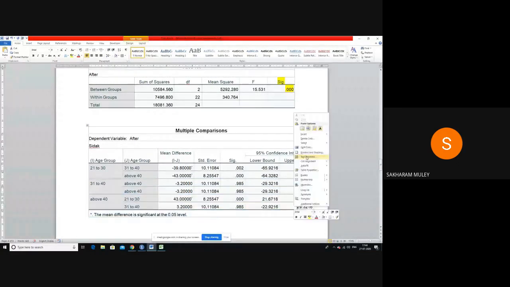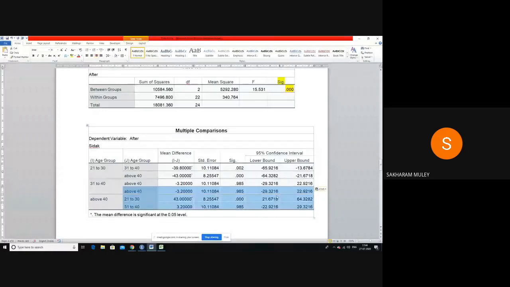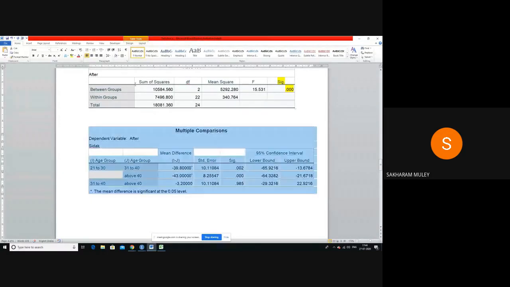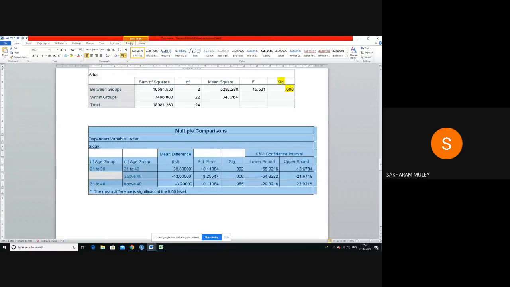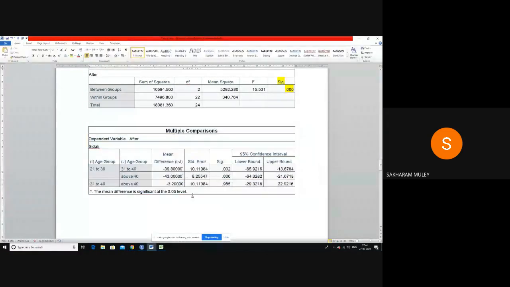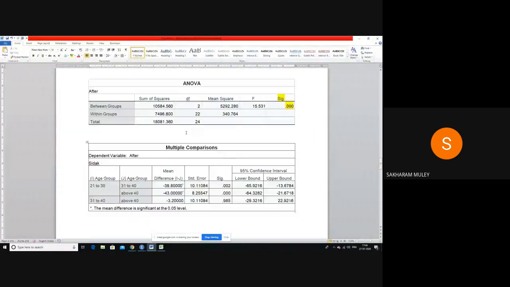It is very essential for you to know that though you are using SPSS, it is not sufficient that SPSS is going to give you all the values or a ready-made analysis. It can help you with calculations, but you need to work on your Word file very properly. If this ANOVA is significant, then only we go for pairwise comparison. Otherwise, we don't go for pairwise comparison.